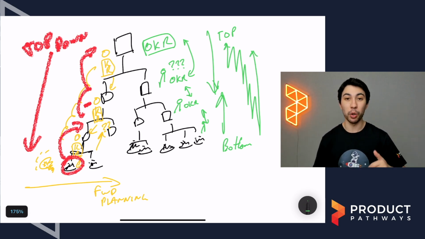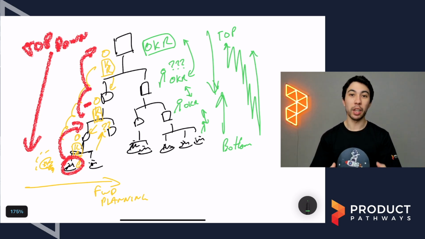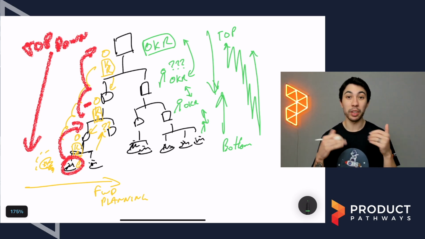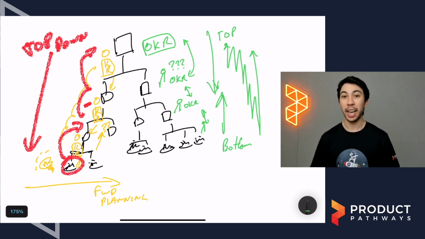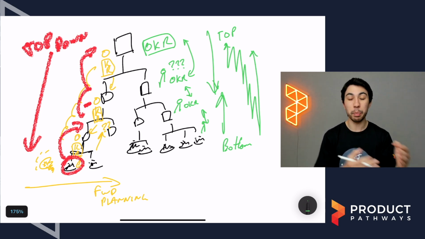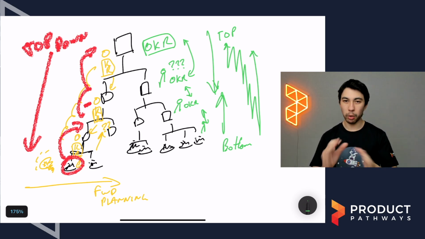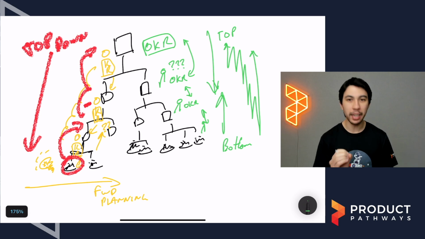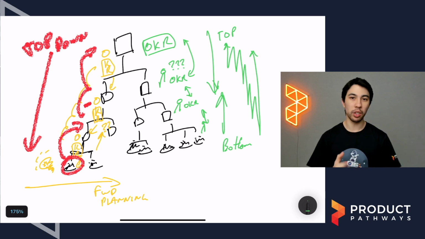There's a lot more back and forth. Like, these are the goals that I want to chase. How are you going to help me realize those goals? And then they'll come back with what they think they should focus on as a business unit or area or group or team or whatever. And then there's a feedback cycle. The person above them, their boss, might change their OKRs based on that feedback. They might not. They might, and then they might give feedback back to their team to say, well, I'm not quite sure those OKRs are where they need to be. Have you considered this? Have you considered that?